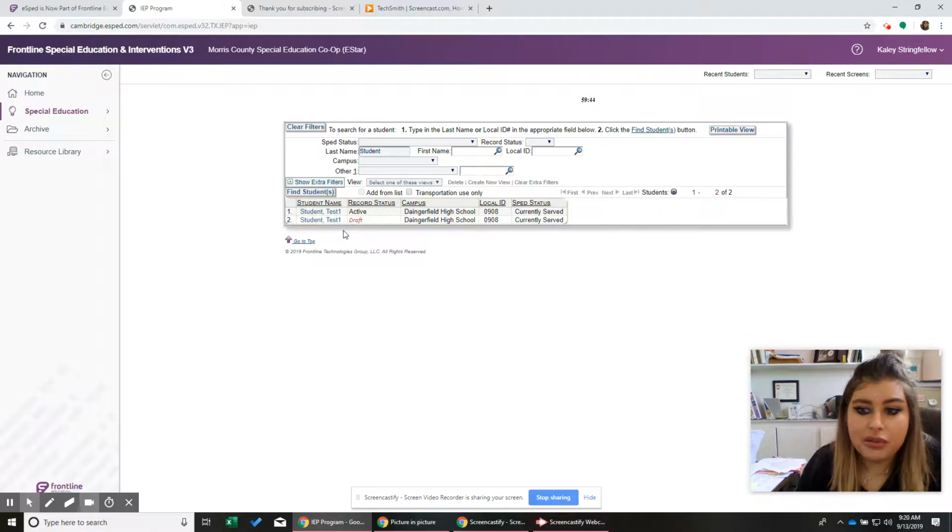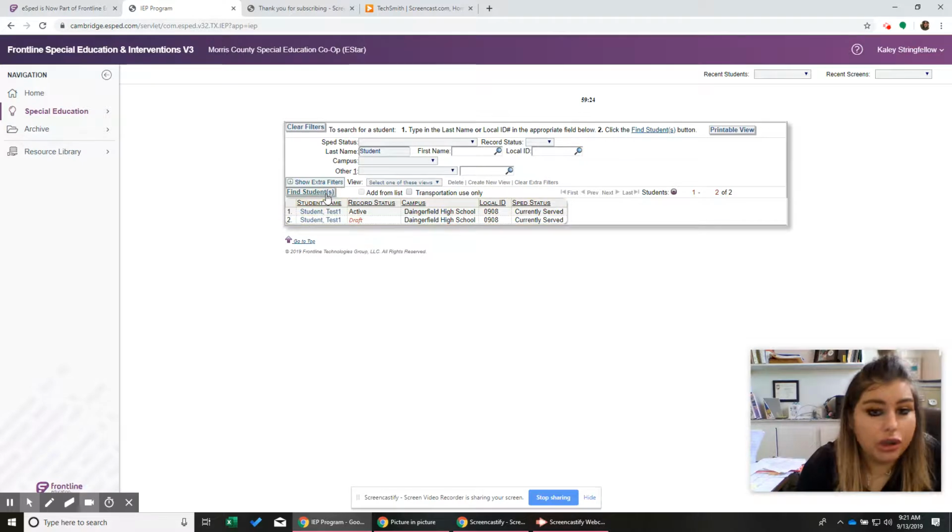Whenever I send out notices, that means that ARDs are getting close, and I go ahead and create a draft for that student. When there's a draft, that means that's our plan for the annual ARD, and we're creating it for them as we move forward.